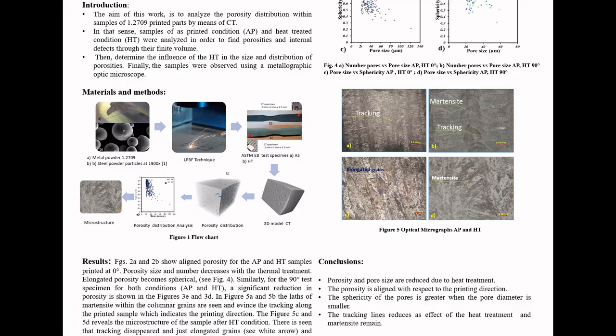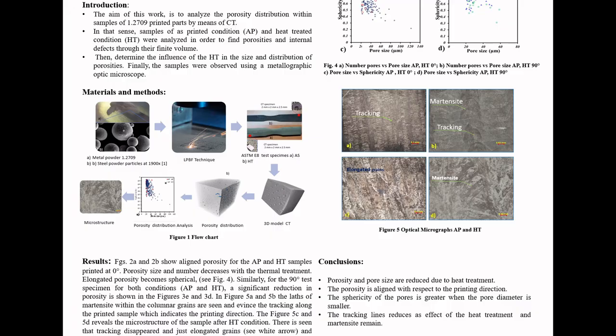For these coupons, ASTM E8 specimens were manufactured using a wire EDM machine. Specimens at 0 degrees and 90 degrees were reserved as they were printed. Other specimens printed at 0 degrees and 90 degrees were subjected to solubilized heat treatment at 900 degrees Celsius with a heating rate of 10 degrees per minute and cooled in air. The aging is carried out at